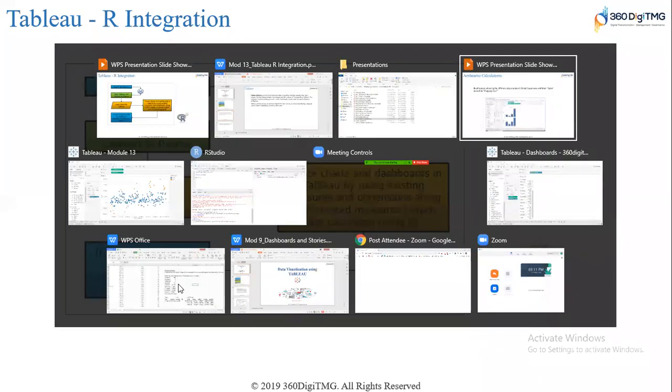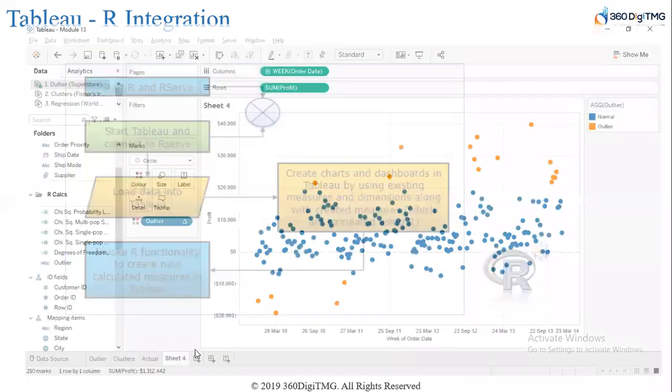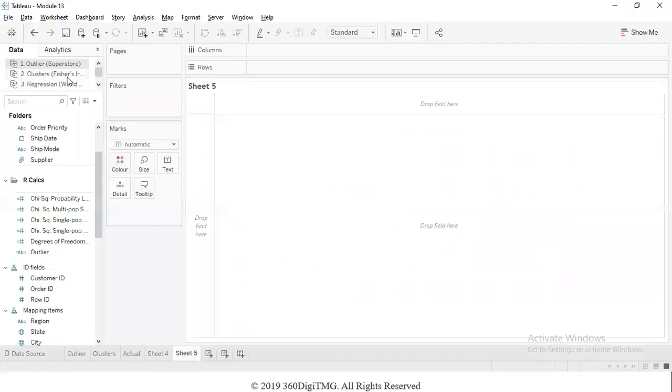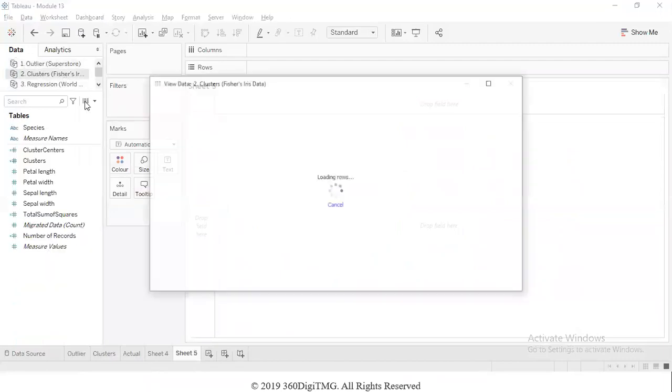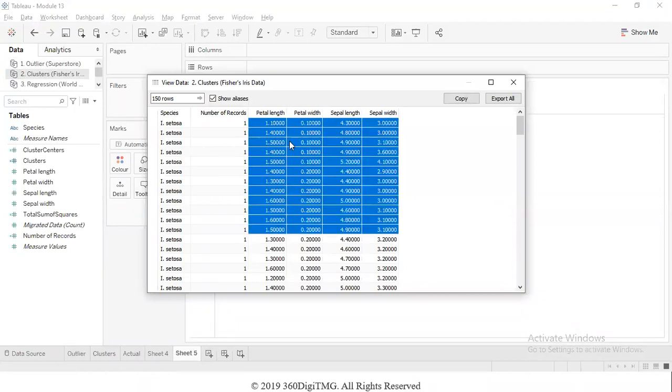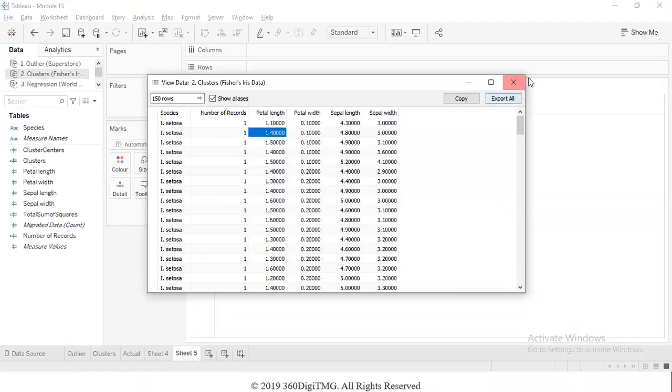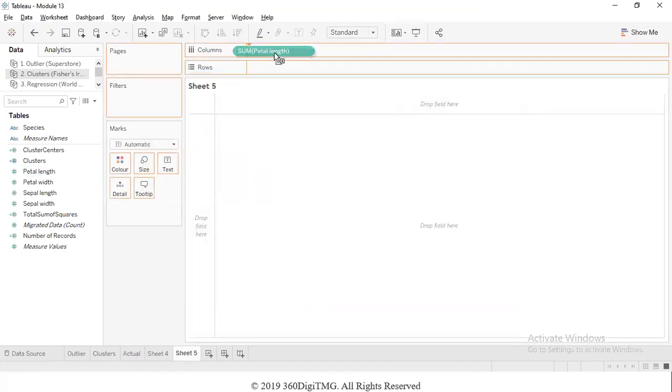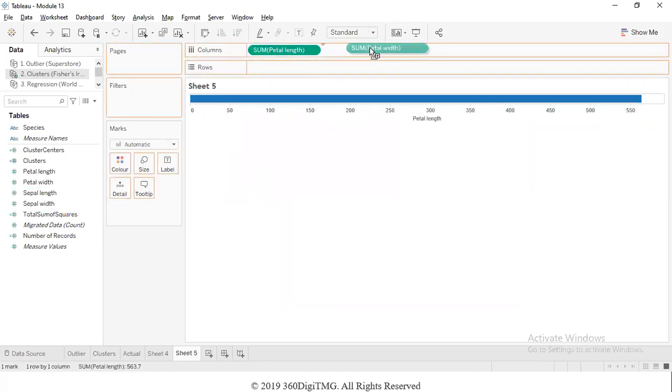So for example, now I'll give you one more example. Let's say, now this is Fisher's Iris data, which is used in all the data mining techniques and all those textbooks. You will find it because they teach all the data mining techniques, most of them using this data. Petal length, petal width, sepal length, and sepal width of different flowers. Let's say I'm going to create one scatter matrix.